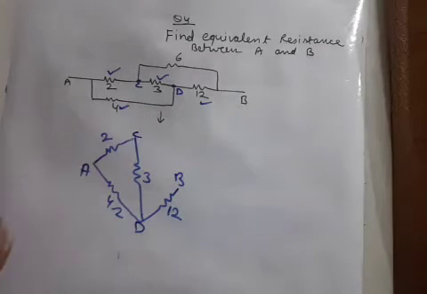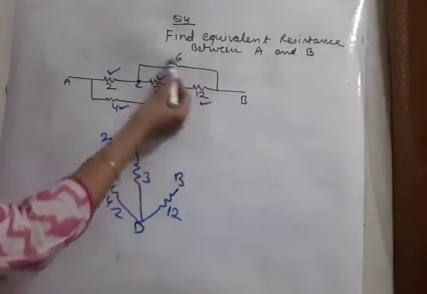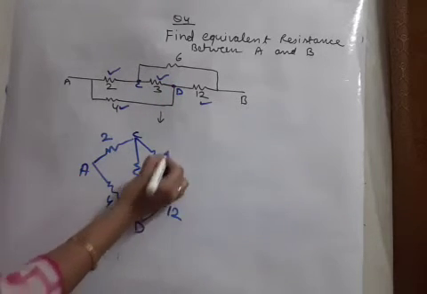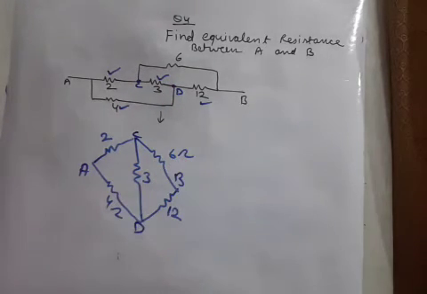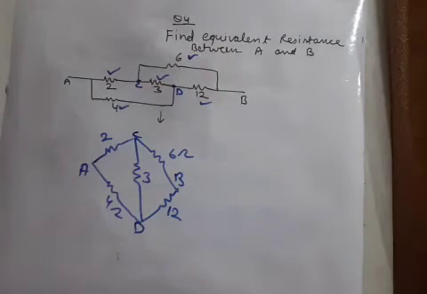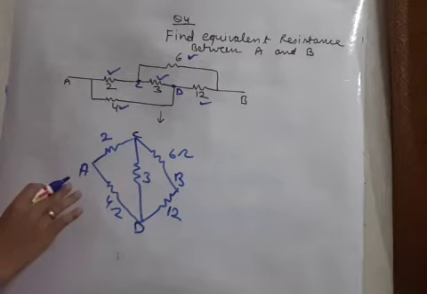We have used it. And the last remaining resistance is 6 ohm. It is between B and C. So between B and C, 6 ohm resistance is connected. This is the quadrilateral arrangement of resistances. Now how to find the equivalent resistance? So we have to take the help of the balanced bridge.